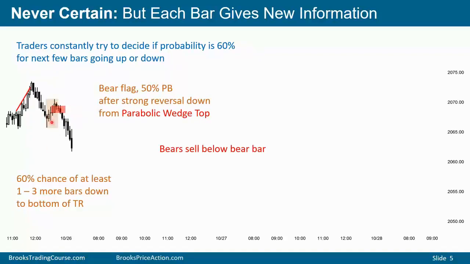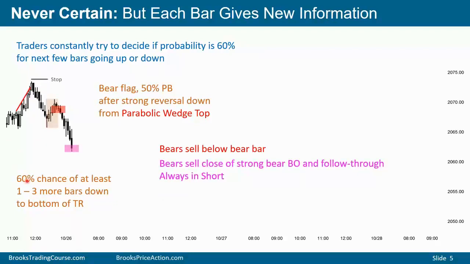We went up on this bull bar and then we paused. We went up again on this bull bar and now we have a bear bar, about a 50% pullback, two small legs up. This is probably the first of two legs down because the channel is very tight and bears sell looking for one more leg down. At this point, we have three consecutive bear bars closing on or near their lows. Strong enough sell-off through here so that if we reverse up, we'll probably get at least one more leg down.